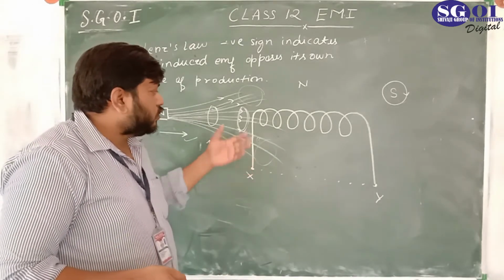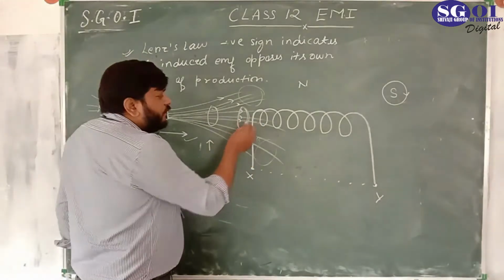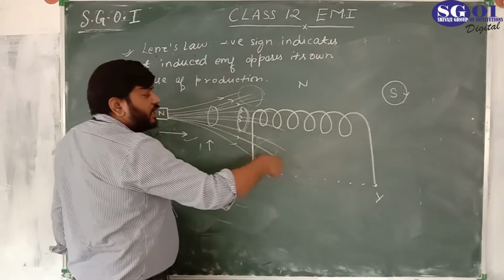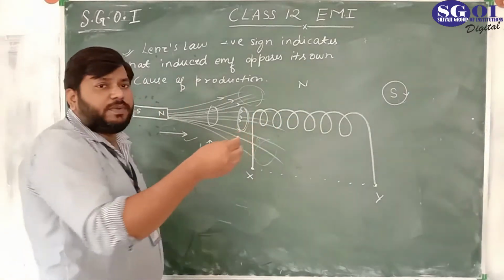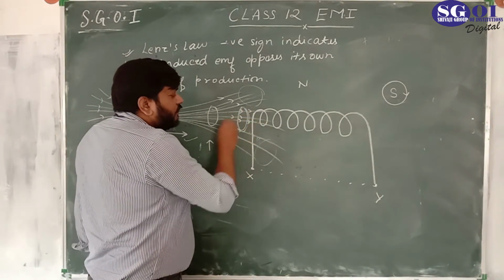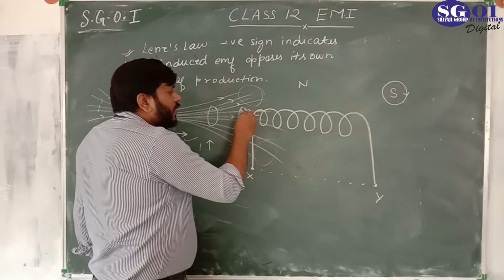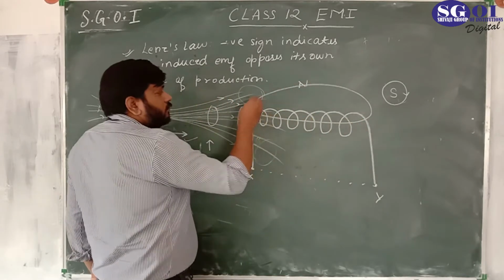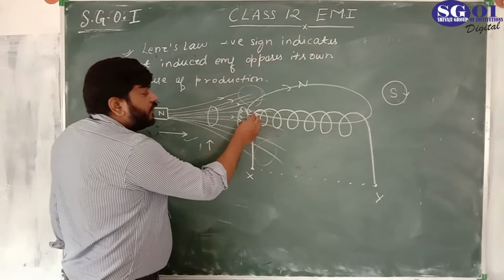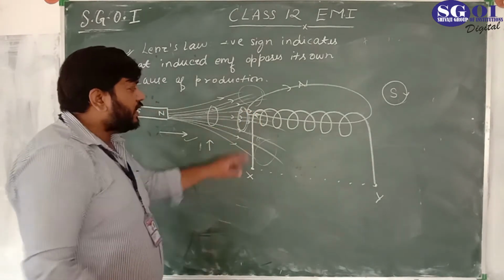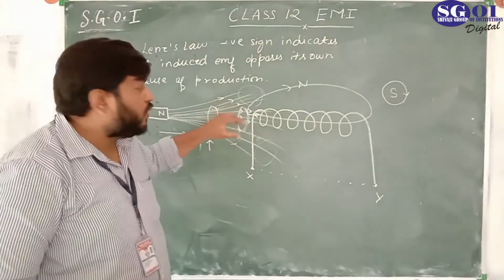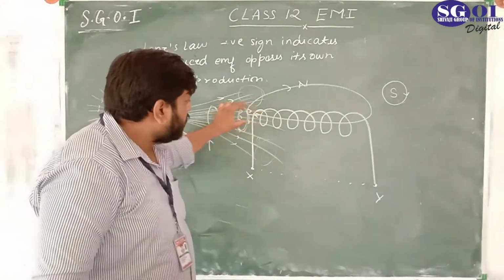So just see, we have one point very clear: if the circuit is closed and the current flows, then the magnetic field because of that induced current would be opposite to the direction of this field. So the induced field would be like this. The induced magnetic field would be opposite to this, because in that situation this induced field would decrease the number of magnetic field lines which are linking with the coil.